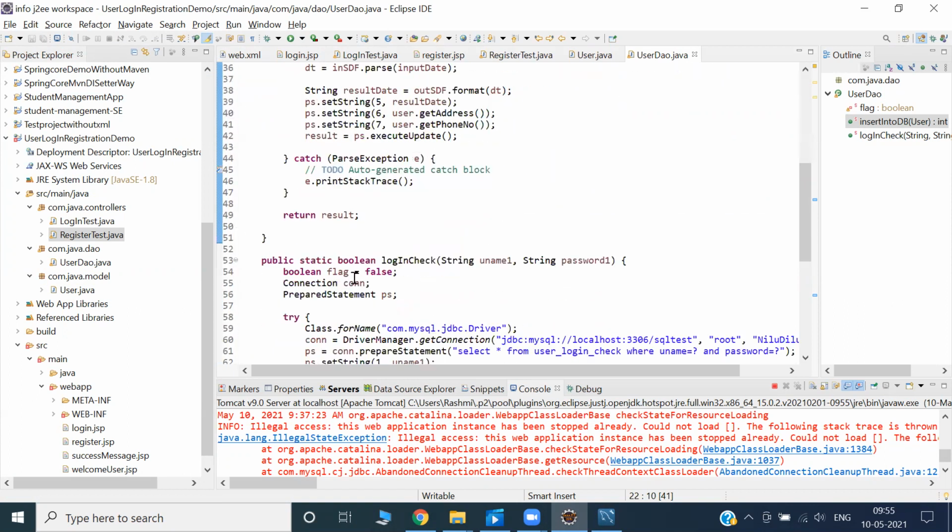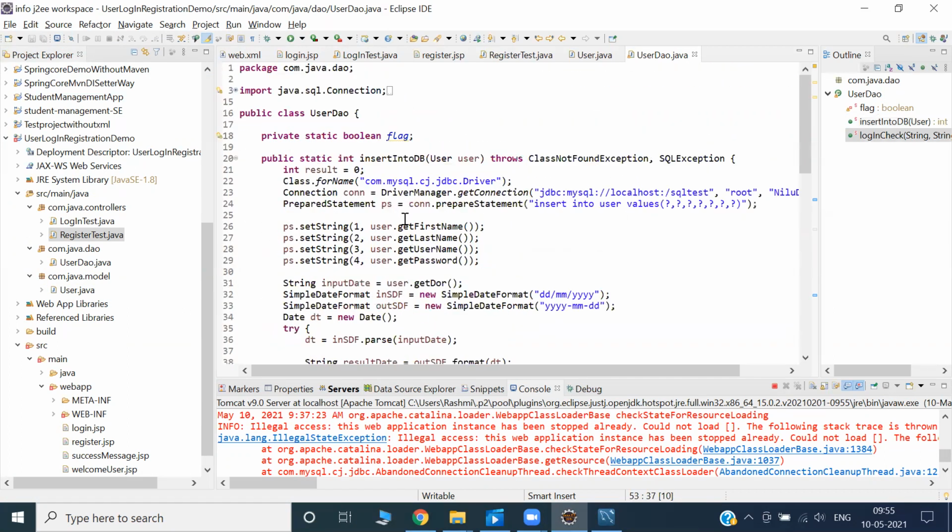What are all the methods in this class? We already discussed. First we understand the insert into DB. Is this method taking any parameters? Yes, user. You can ask, what is user? User is a class, a POJO class. If I successfully create a user object and set the values, don't you think this method is ready for inserting the data?